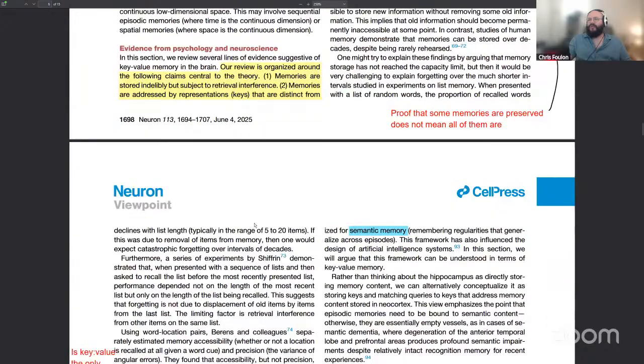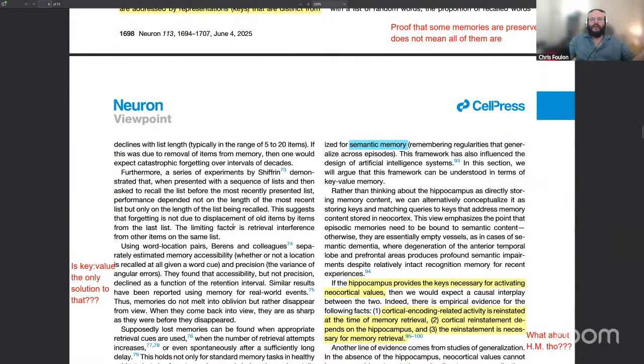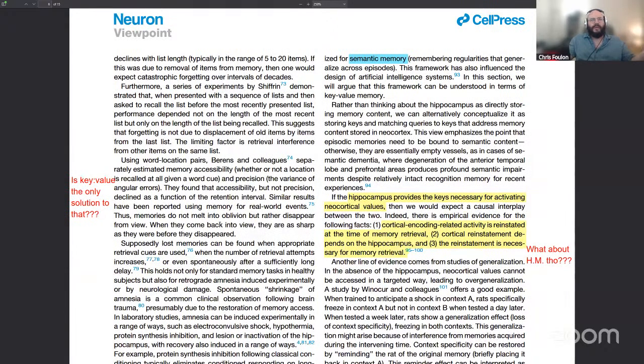So they are listing all the points of the arguments for their model working like that in the brain. And one thing is that for some of their arguments, there could be other solutions than the key value architecture to explain these things. So for example, for the memory that is stored forever, there could be other explanations. They also say that the memory stored in the key value fashion is easier to optimize